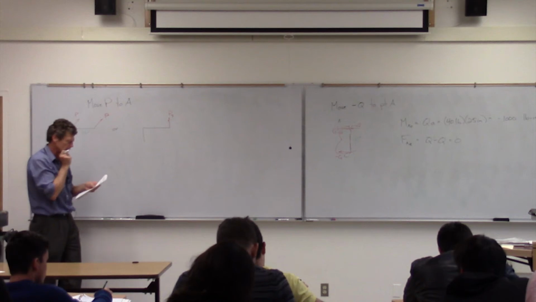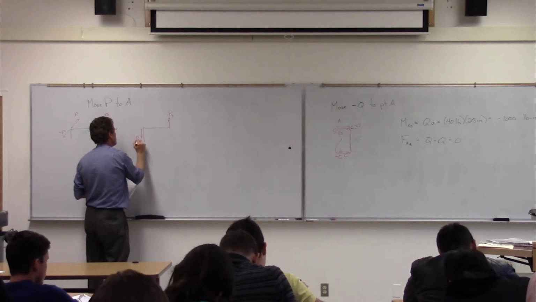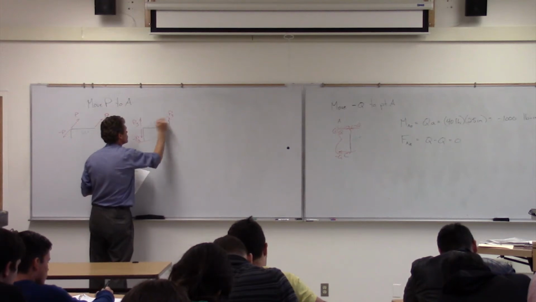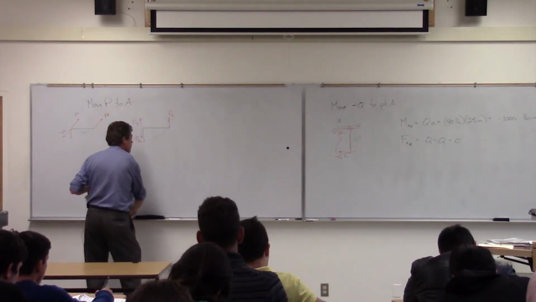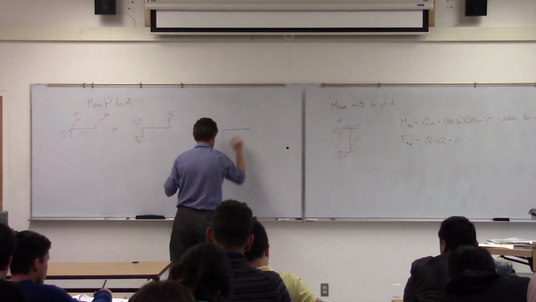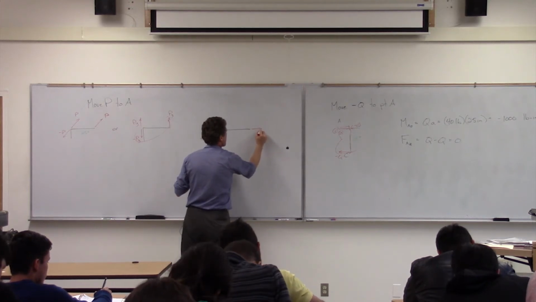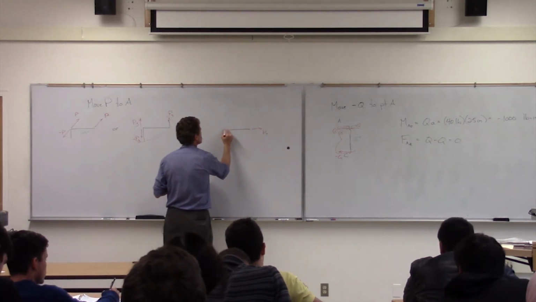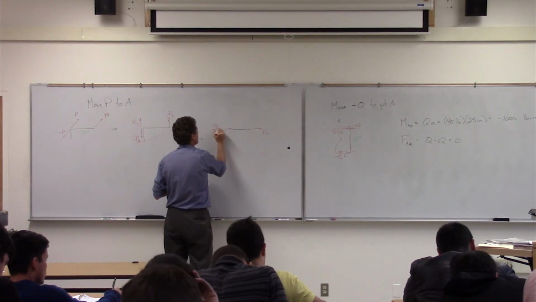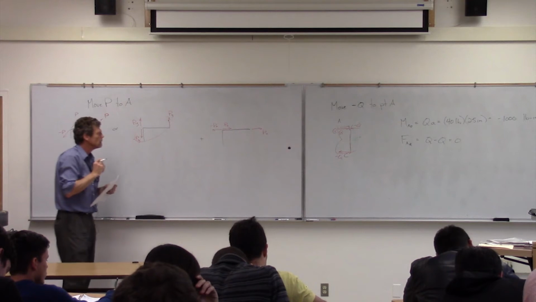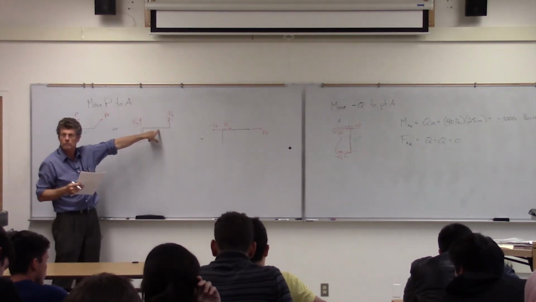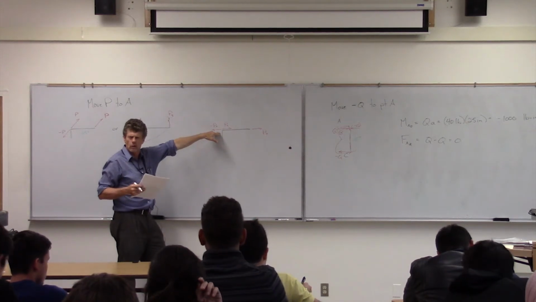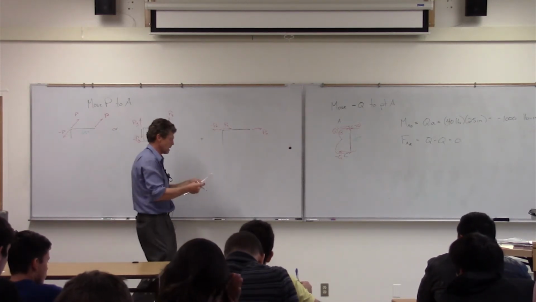So I have the Py, and what I'm going to do is put a minus Py here and a positive Py here. And I'll take those two. And then the other piece I need to consider is those x components. So I've got the x component that I can treat separately. And I'm going to do the same thing. I'm just going to move Px over here and have a minus Px. Now, this one creates no twist, right? Because all of these forces are collinear, so there's not going to be any twist there. But what we'll see